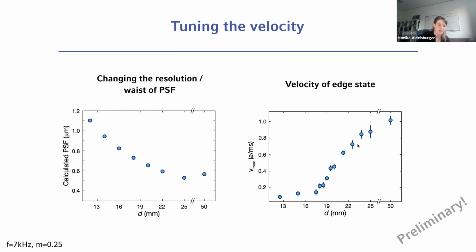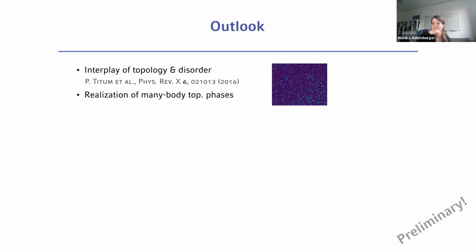So the velocity decreases, which is explained by this hybridization with the bulk bands. And yeah, just to give you a little bit of an idea or outlook about the things that we would like to do. Specifically, we would like to add disorder. And here on the right, you see how that may look. So we have actually generated this type of speckle potential that we can project onto the atoms and ask if we can indeed see such an anomalous